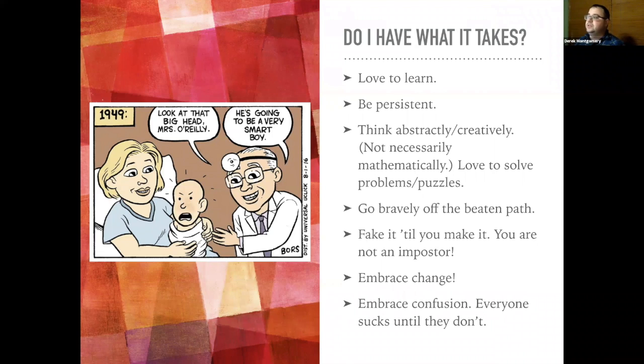Third is you need to be able to think abstractly and creatively, not necessarily mathematically. I am not good at math. When I worked at the Boys and Girls Club, my manager, John Denning, said, oh, you have extra time, and handed me a piece of paper and asked me to run totals on some set of numbers. It was just addition, super basic. I added everything up and I got one number.